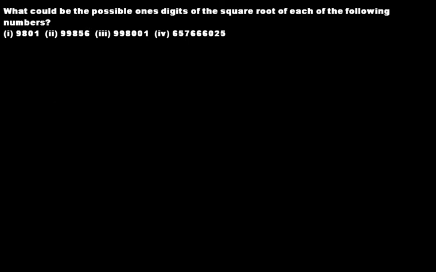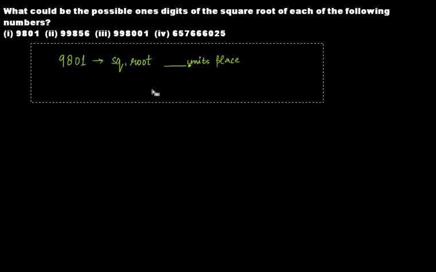For example, if you take this number 9801, which is a square number, and let's say you find its square root. It's asking what are the possible digits that can come at the units place. For this, if you remember, we have discussed a property of square numbers, and let's have a quick overview of that. That says